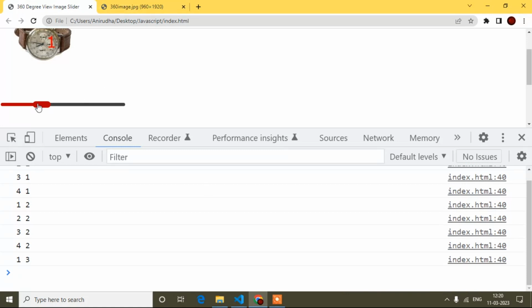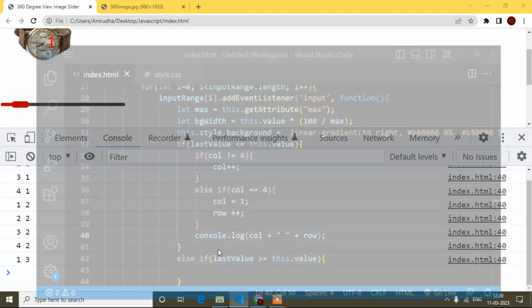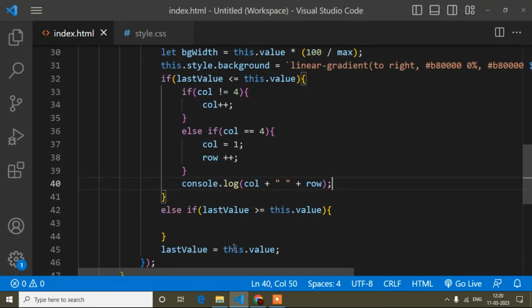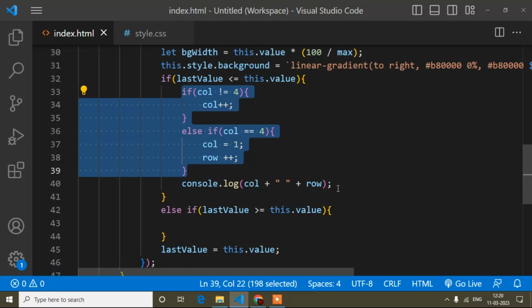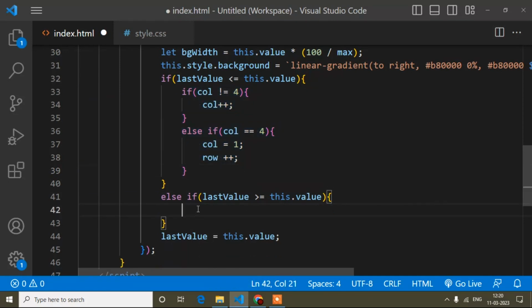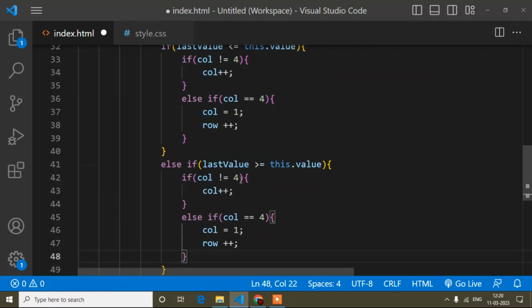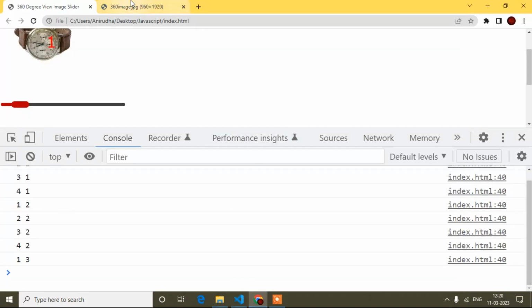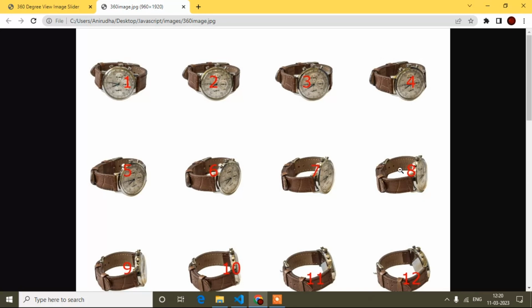Now I have to work for decrease also. So same thing, I will just shuffle things. So here col 4, right? Here I will take this thing and remove this thing, and just paste it here, but here col until it is not coming to 1. Suppose here 8 images are displayed. So 4, 3, 2, 1. When 1 comes, then row will decrease, right?